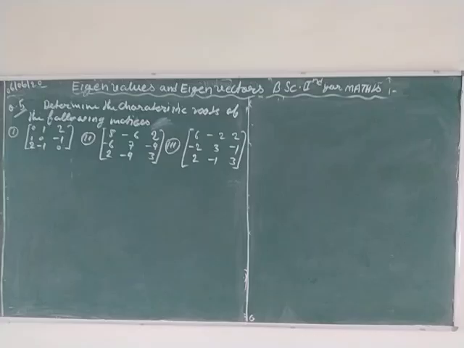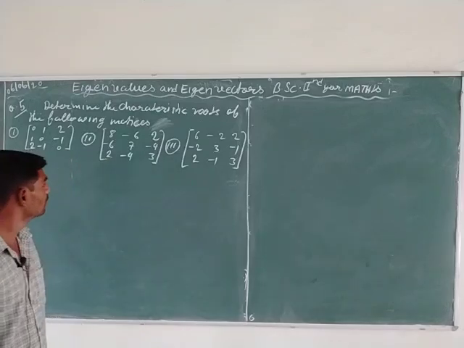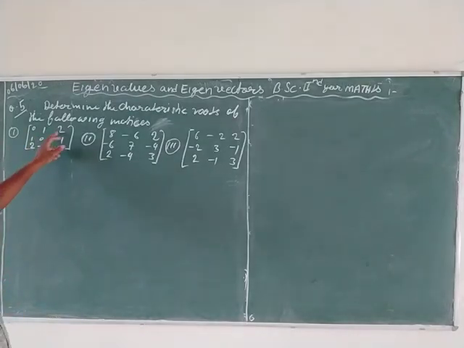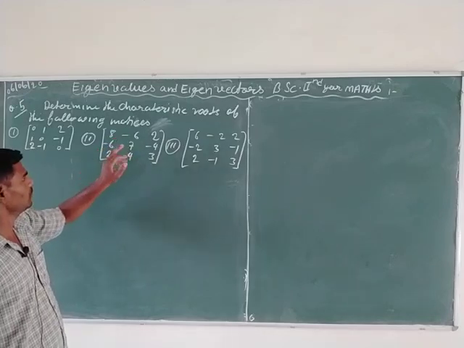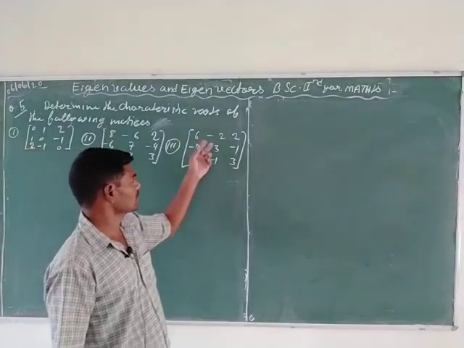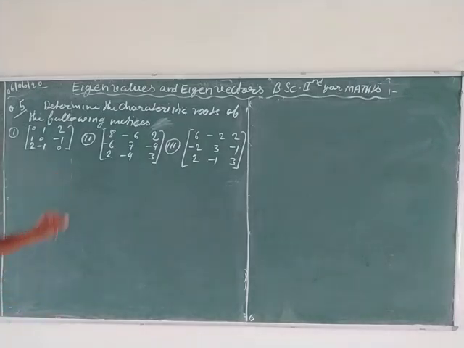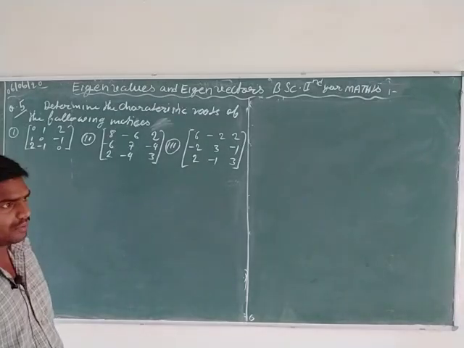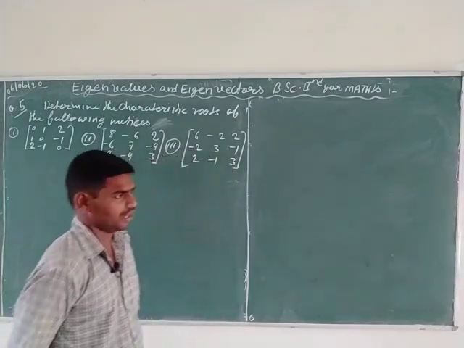In question 5, determine the characteristic roots of the following matrices. First matrix is 0 1 2, 1 0 minus 1, 2 minus 1 0. Second matrix is 8 minus 6 2, minus 6 7 minus 4, 2 minus 4 3, and at last the third matrix is 6 minus 2 2, minus 2 3 minus 1, and 2 minus 1 3. In the question, calculate the characteristic roots, which means eigenvalues. Here you know that the characteristic root is also known as